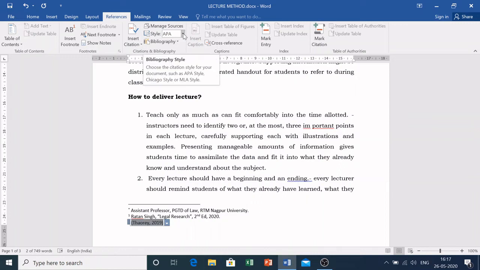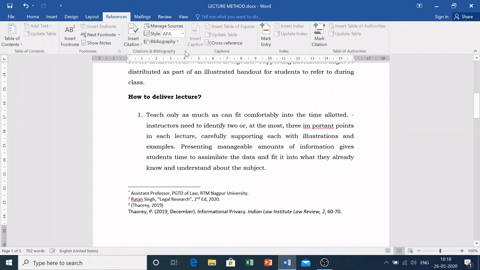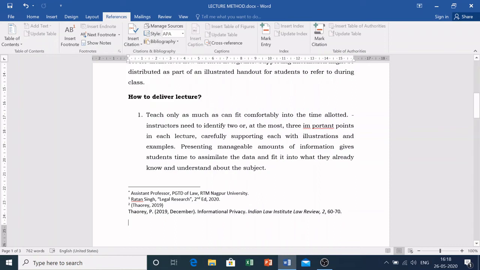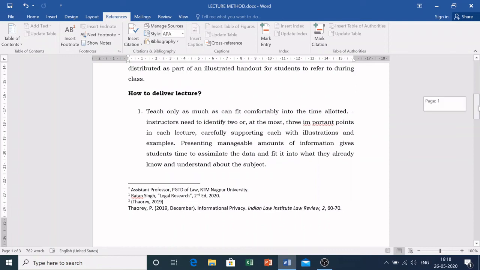So how we write a journal in APA style will appear here. Now suppose if you want to insert any other, this particular bibliographical information will appear here. So you have to choose whether you want to put a small citation in APA style or you want it in a bibliographical style. So both the things will be here and accordingly you have to choose which type of format of citation you want to prescribe.